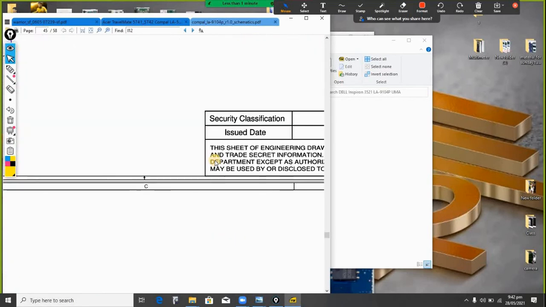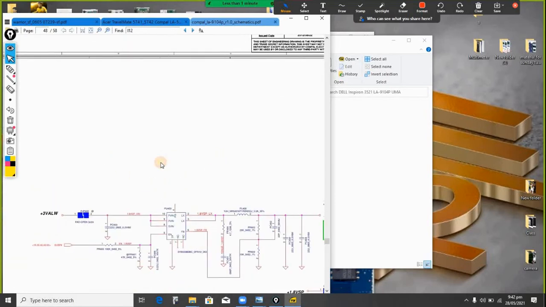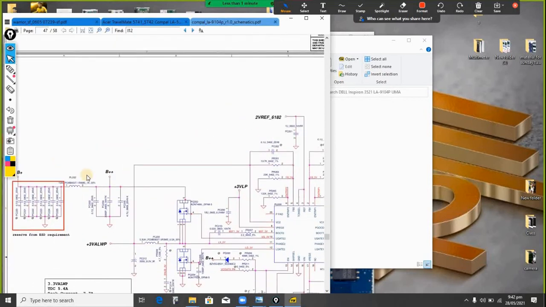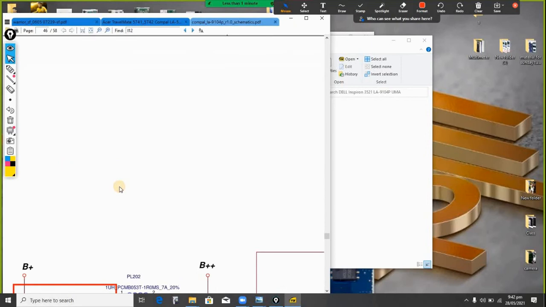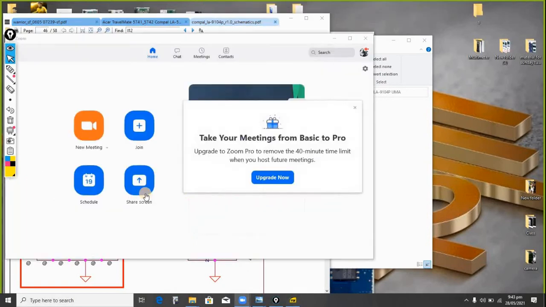So if you should check here, by the time it begins to enter all these top MOSFETs, let me find the PWM. Look at this place. After passing through a coil, the name has changed to B plus plus. As in, the name has changed from B plus to B plus plus. So most of the time, this fuse